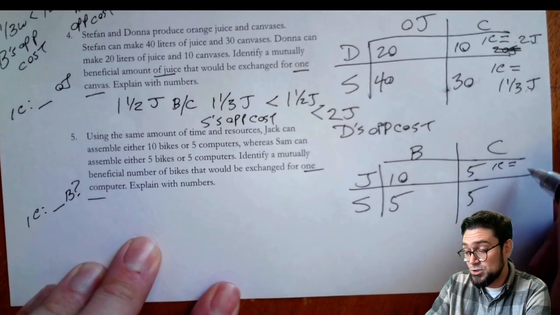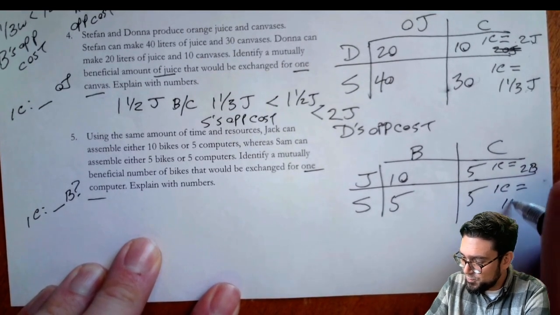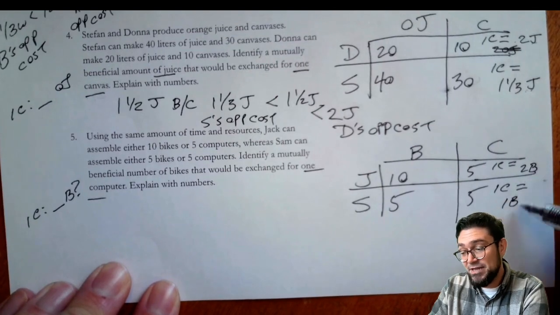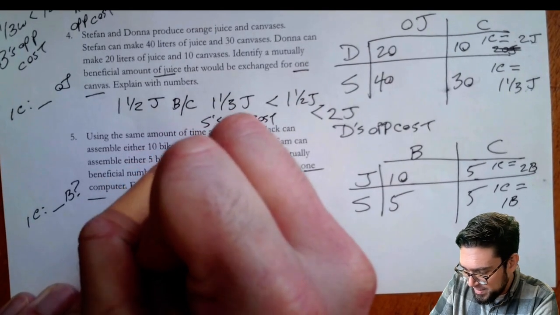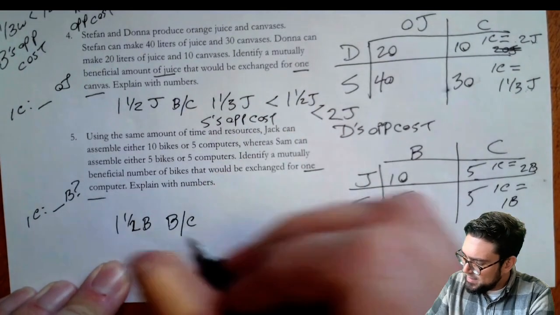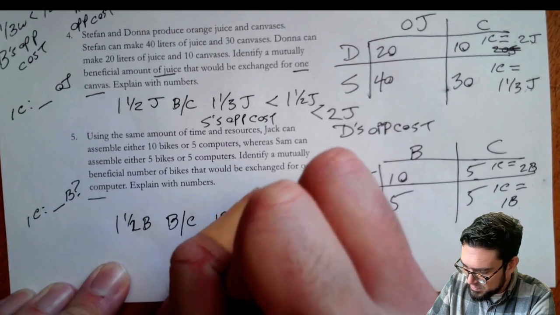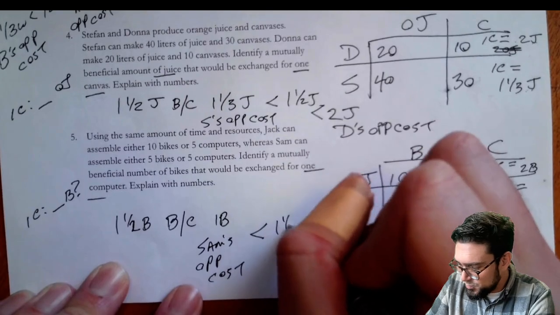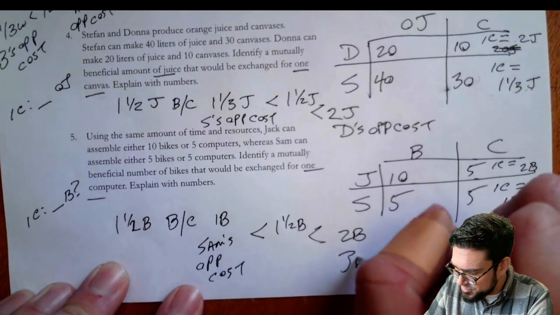So 10 over 5 is 2 bikes. Is that where we're making bikes? Yeah. And here it's 1-to-1. So a mutually beneficial number of bikes for 1 computer would be anything in between 1B and 2B. So again, let's just say 1 1/2 B, because 1B, which is Sam's op cost, right, is less than 1 1/2 B, and that's less than 2B, which is